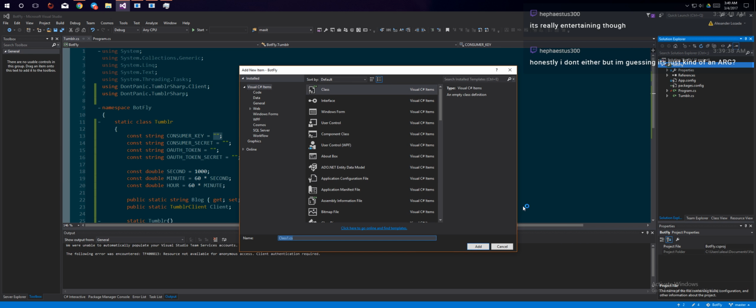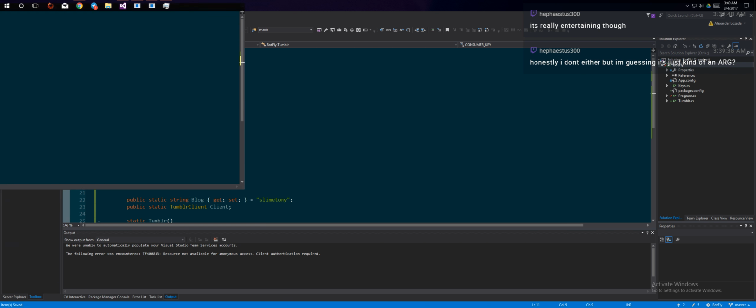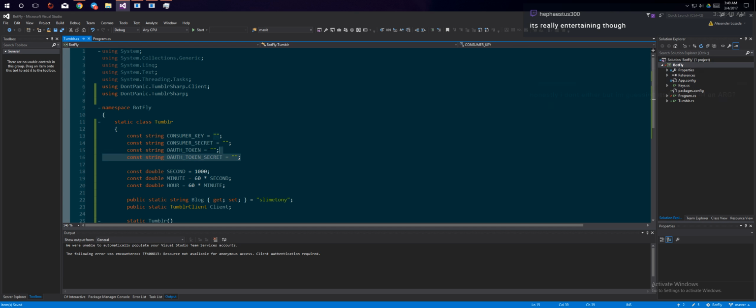That one's pretty good. Anyway, so I'm just gonna make a class called Keys. I'll make it semi-professional. So Keys, and we're going to make this static as well, public static. And so the way we're going to do this is I'm going to take this off screen and copy these things and just paste the important stuff in, and then I'm never going to open that file again,